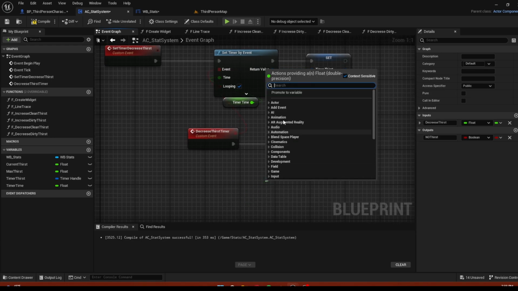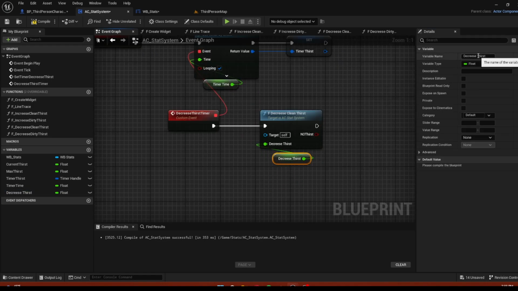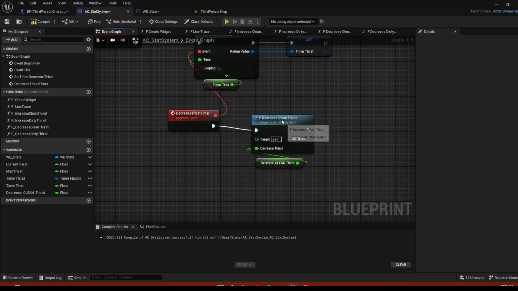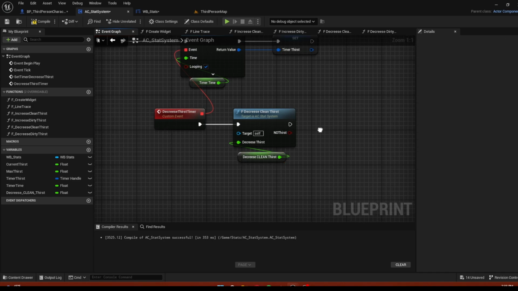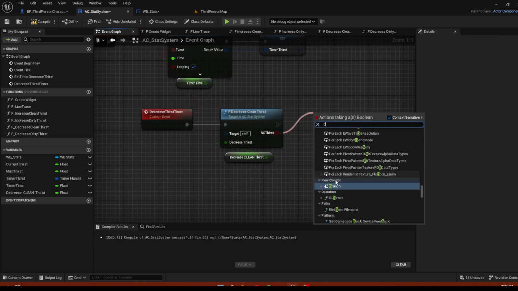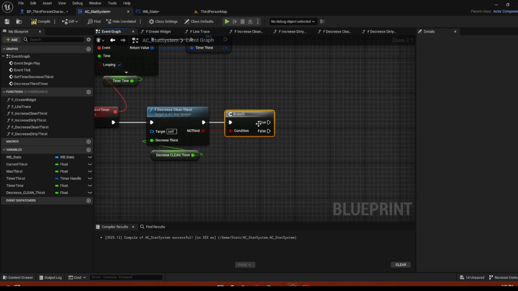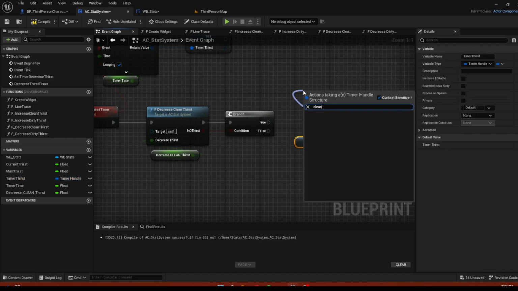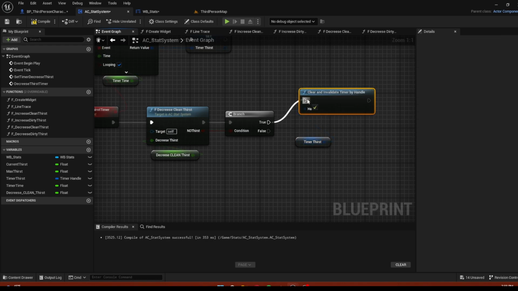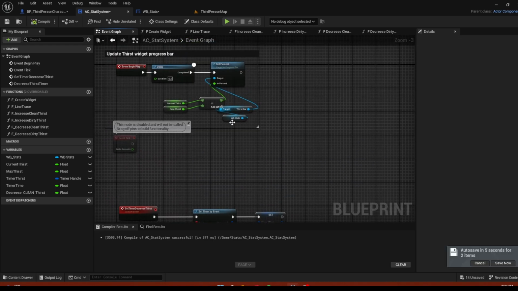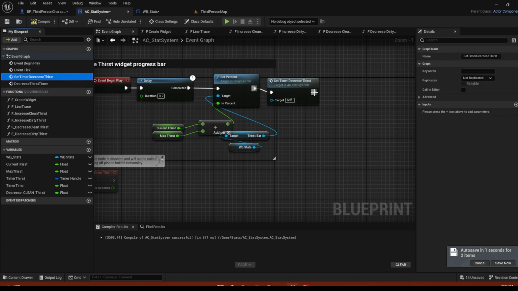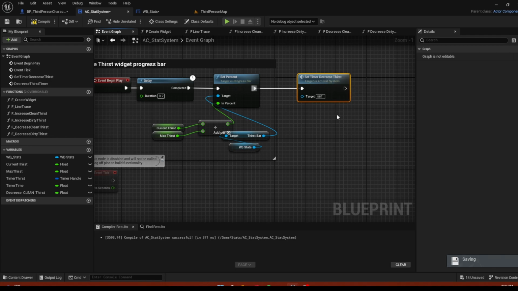Now promote that into a variable, this decrease thirst, and you can actually name it clean as well. So clean, just so you know it's the clean water that we are decreasing. Now let's have a branch, and if it's true, so there's no thirst, we're going to get the timer and clear from validation. Now what we're going to do, go to begin play, get set timer decrease thirst, this one, just plug it in,